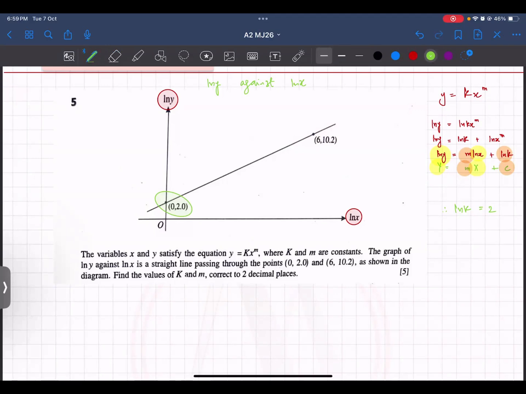Your vertical axis is your ln y, horizontal is your ln x. So you can see the y-intercept is 2 directly. You can compare. So ln k is 2, so your k will come out as e power 2, if you convert it into exponential format from log form. And then you can find the gradient. Gradient will be equal to m, which is y2 minus y1, so 10.2 minus 2 upon 6 minus 0. So your m comes out as,